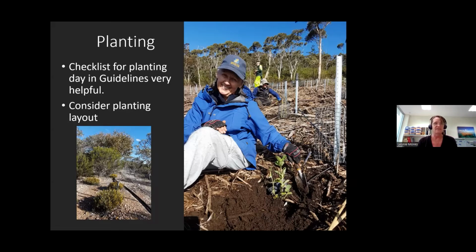In the case of this Cyathea down here on the bottom left, we could find the plants in the open area easily enough, the ones in the foreground. But those in the bush at the back of the photo were very difficult to find as the vegetation grew up, and we frequently could not find the plants to monitor as time went by, making for a really patchy monitoring data set. So it's just another thing to take into consideration when you're thinking about where you're going to put your plants at the translocation site.